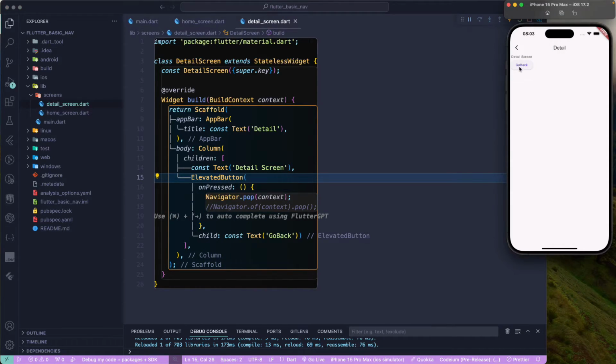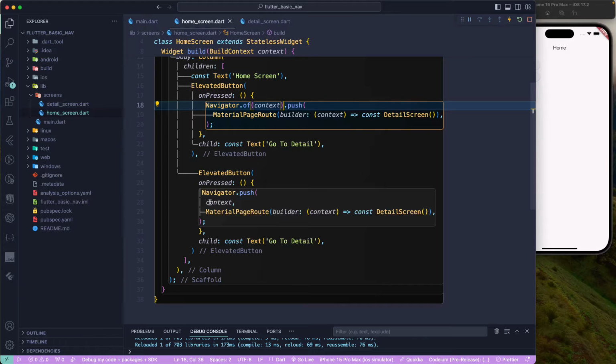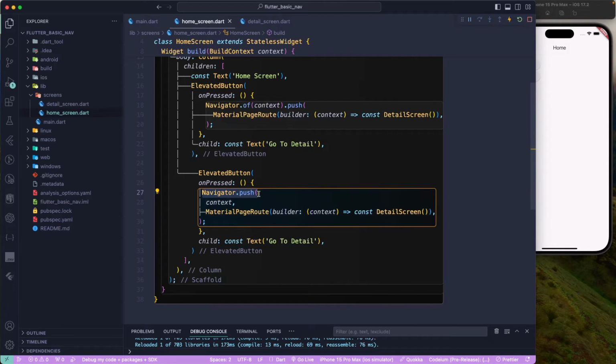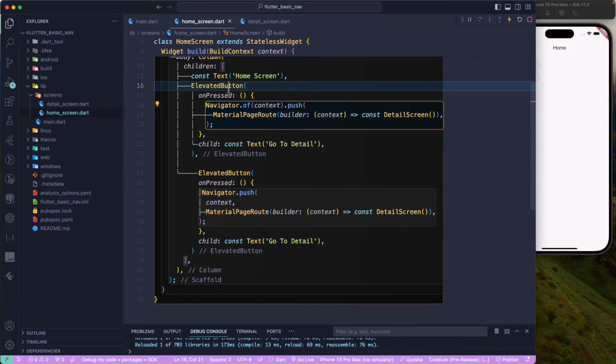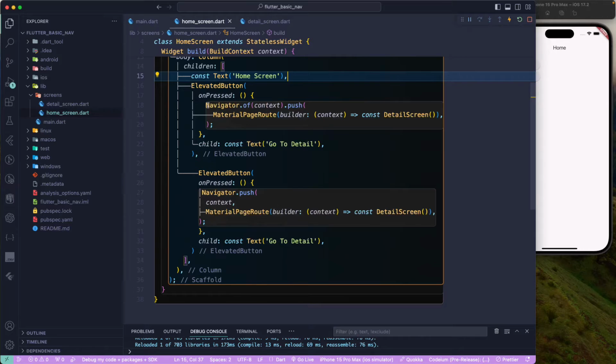So let's go back to our, let's click on this one. Now we are back to our home screen. So you can go to detail and come back once you click on that particular button, or else you can also use this particular back button from the toolbar over here. And here we saw how we can use the navigator dot push as well as the navigator dot of context dot push. Both of them do the same job, but sometimes you may require the instance of the navigator to